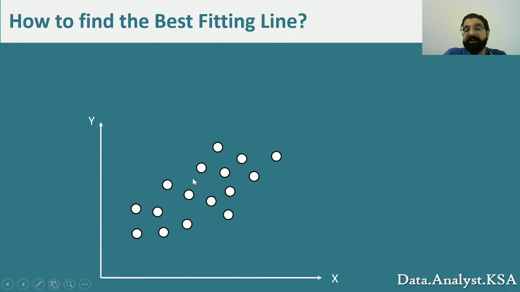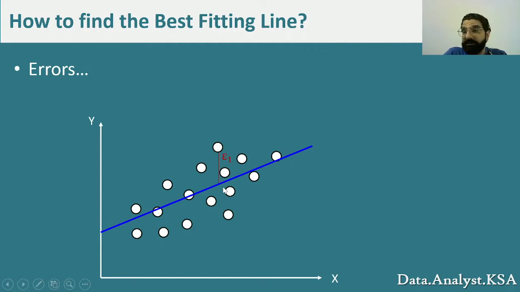So let's first look at a single line. What we know is that we talked about some error basically. So what we want to think about is a way to make these errors as small as possible. Because when I make these errors as small as possible, it means that my line is actually passing through most of the data points or the observations. So I'm minimizing this error. So what is my error?